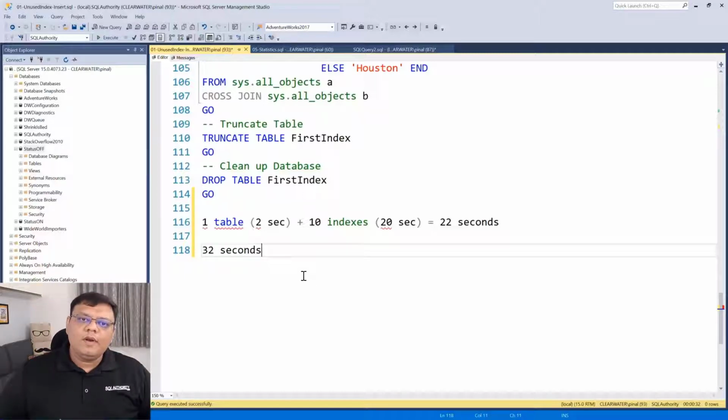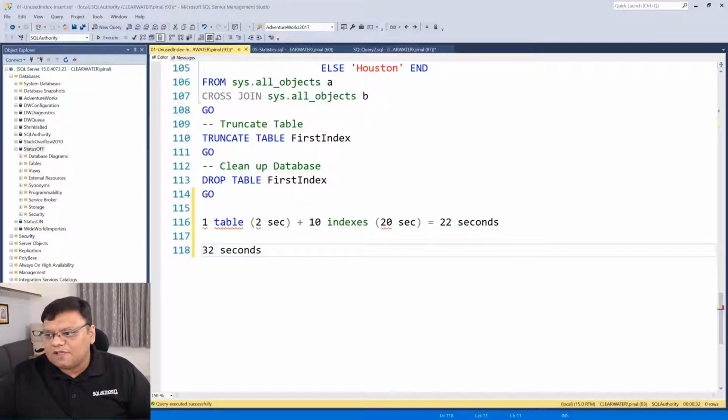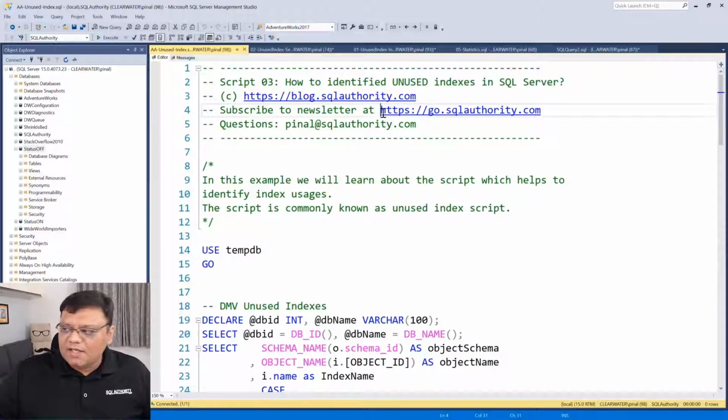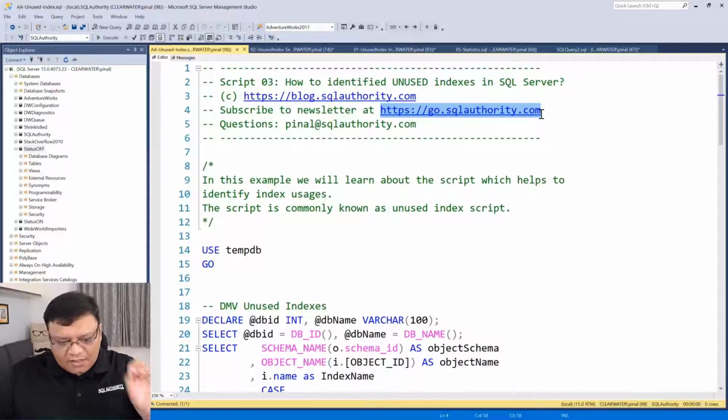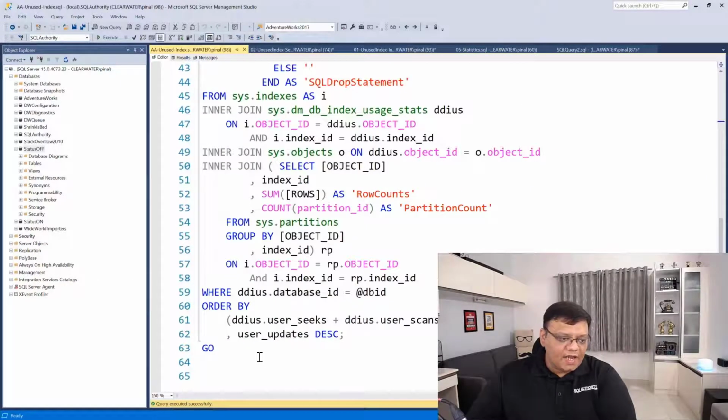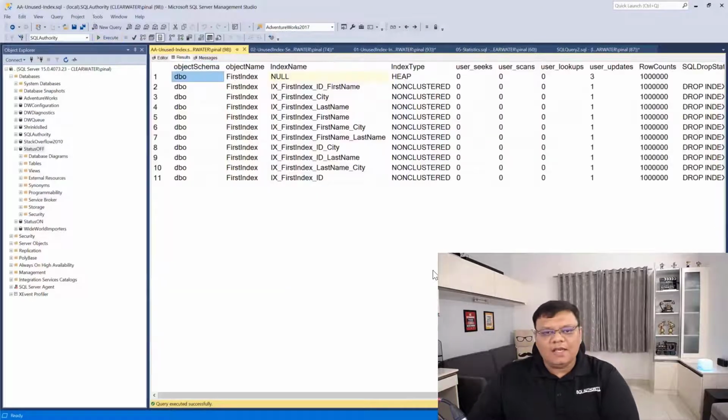All right. So every index which we added actually created a lot of burden on our system. That's why when I see more than 5-7 indexes, I'm like, oh yeah, I know there is a problem. We need to go and drop these indexes. This script, which you can easily get by going to this URL, drop your email address. It will send you a confirmation, confirm, and in the email you will get a link to download this unused index script. Now, what this script does is it shows us all the index consumption in our database.